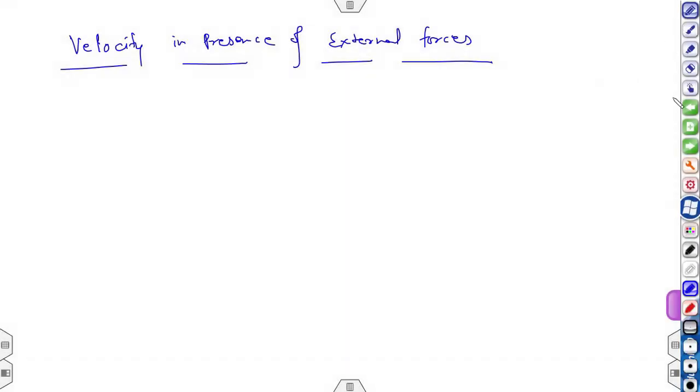I'm Dr. Shivan, and in this tutorial we will see how we can calculate the velocity of a character in presence of external forces. The very basic and common external force is gravity. If we are dealing with a rigid body or solid objects in game design, so definitely there will be